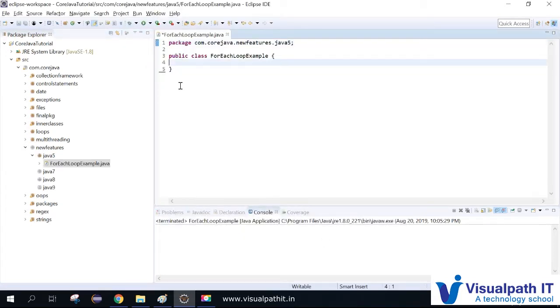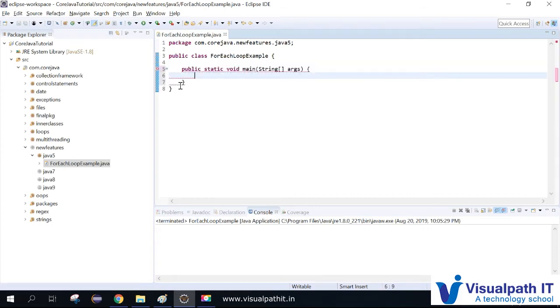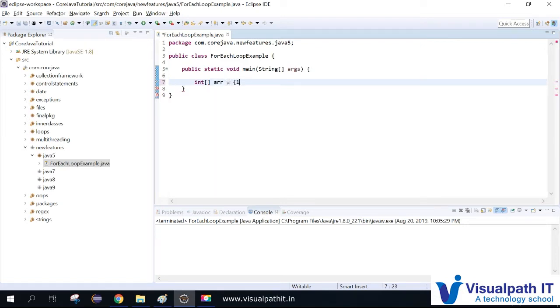Before discussing the for each loop, first we can see how we can write a simple for loop, so that we can see the benefit of using for each loop. I'm taking an integer array with values 10, 20, 30, 40.